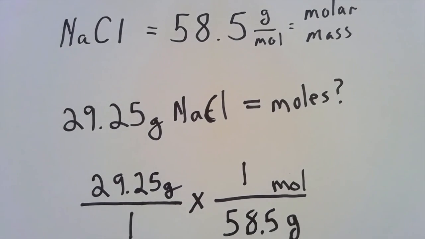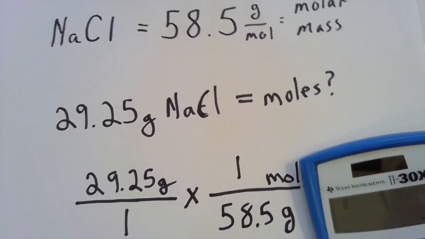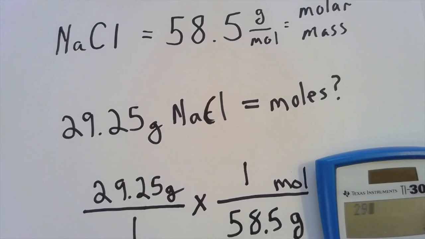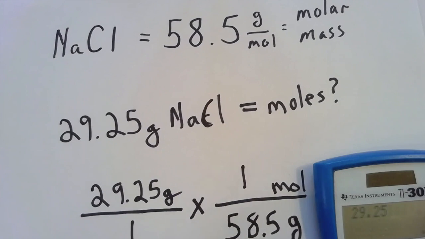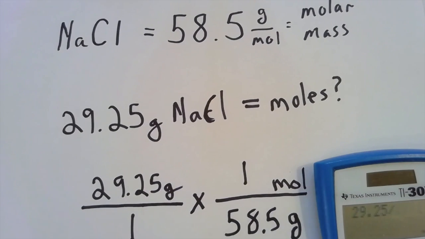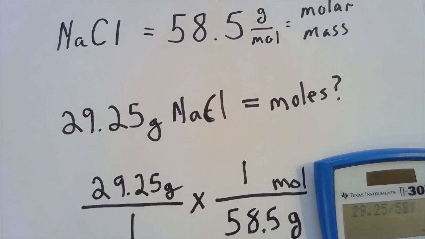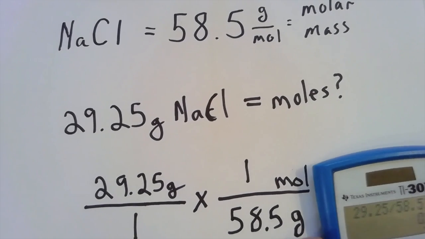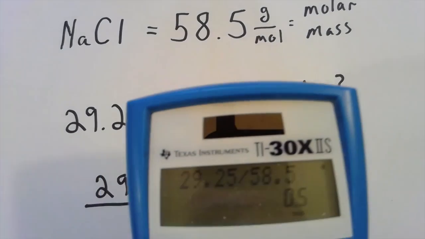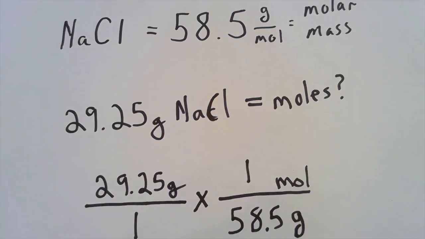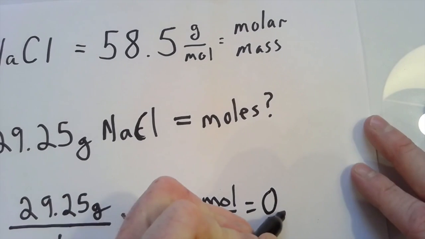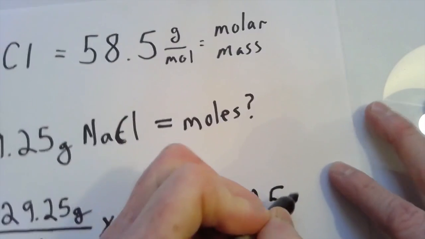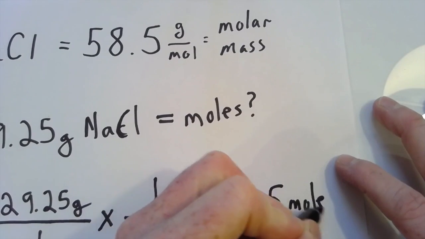Now when we plug this into our calculator, all we need to do is say that 29.25, because it's multiplied right here, what we're really saying is divided by, because it's on the denominator side, 58.5, and we get this awesome number here, 0.5. This is equal to half of a mole, 0.5 moles of